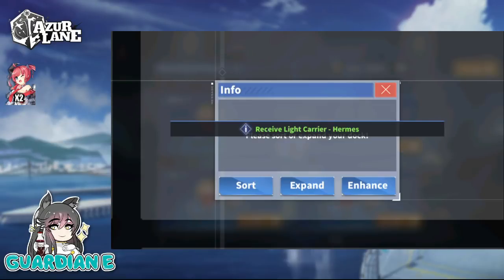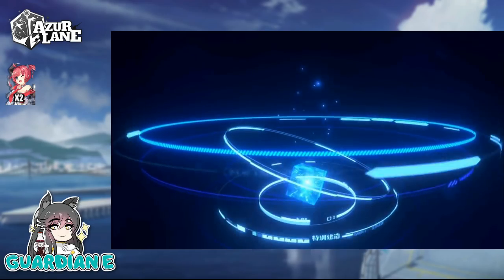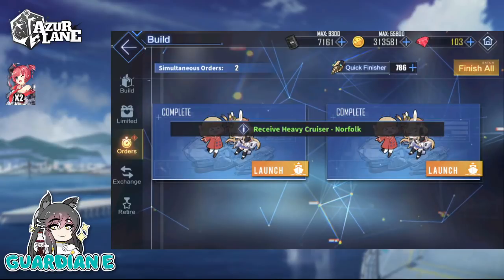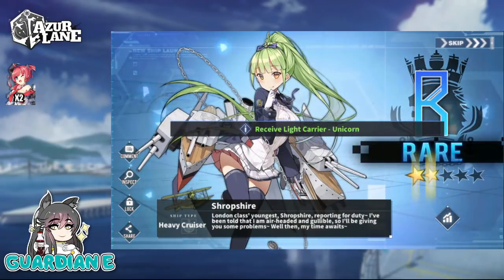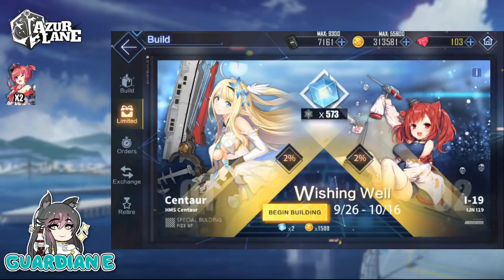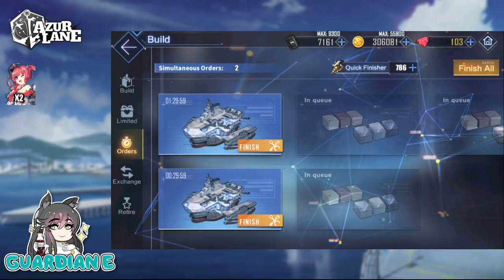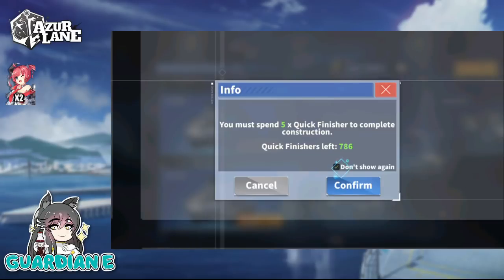Hermes is how we're going to start. The next 4, let's see how we do. Okay, Norfolk. We already knew that one wasn't going to be one of them. Okay, Unicorn. We are getting a lot of elites out of this wishing well. I think it has the same elite rate as a regular pool, but whatever. Alright, we're going to do another 5 again. Just being a little impulsive here. The second one is 30 minutes, so that could be I-19. I'm not holding my breath here, but...